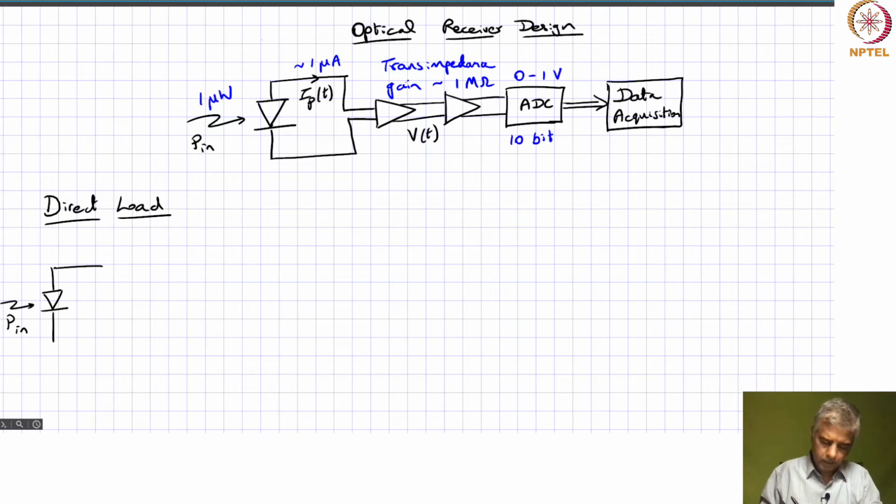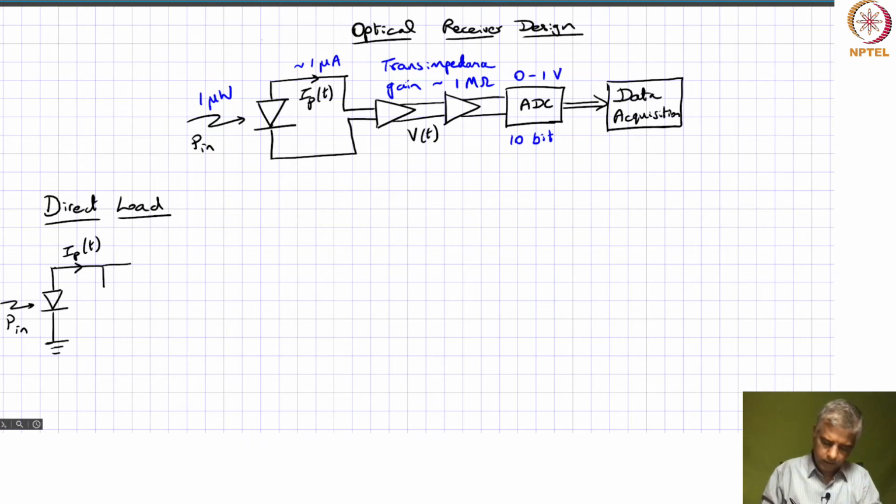This could be grounded, or it could be with some bias as well. But this photocurrent that's generated, IP, which is a function of t,